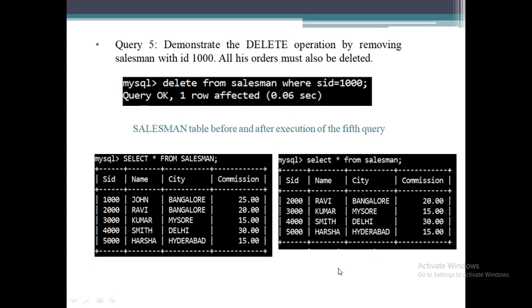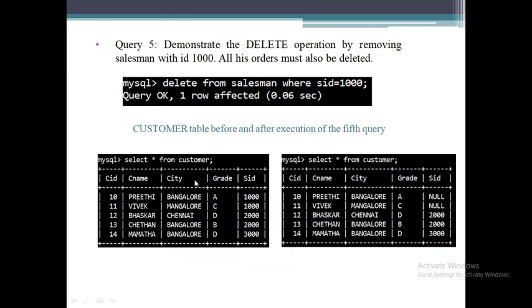It got deleted. Because you have given on delete cascade, and on delete set null in the customer table, it will automatically do this operation. See here, for the first two tuples in customer, SID is 1000.